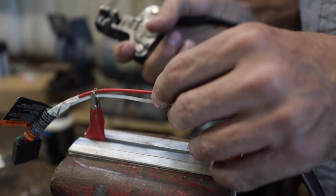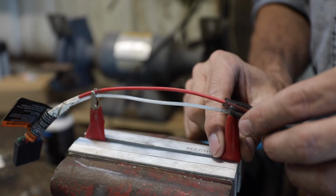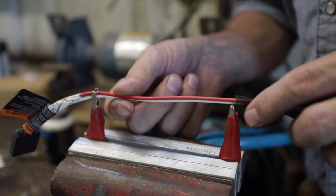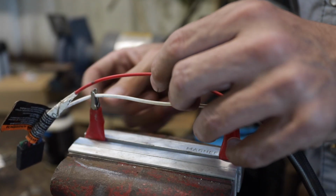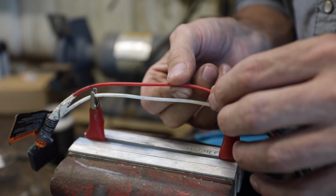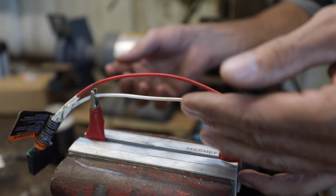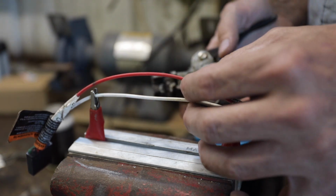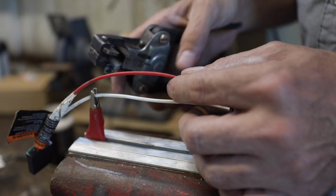So just simulate here that this is a factory harness, and of course our factory harnesses are typically going to be taped up with shielding and all of that. So I'll remove that and isolate that wire. So let's say, for example, that we wanted to hook on to the high beams, that we wanted to activate a relay to do like a bar light or a light where we could use our dimmer switch to activate that relay. Now, how I'm going to do this is I'm going to isolate this wire, and one of the tools